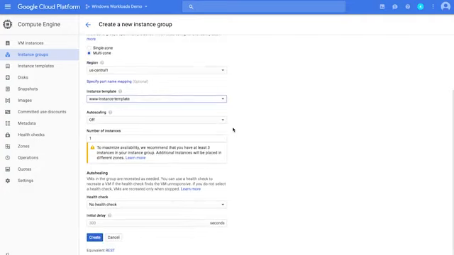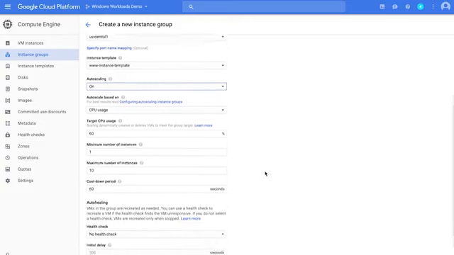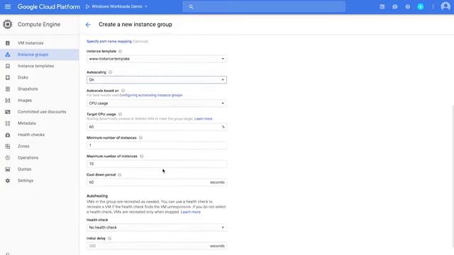We're also going to make use of the autoscaler. The autoscaler will automatically adjust the number of machines in the managed instance group based on some metrics that we can specify. We'll use the default metric of CPU usage at 60%. And now in terms of the number of instances, for high availability, we should really have a minimum of 3 instances.